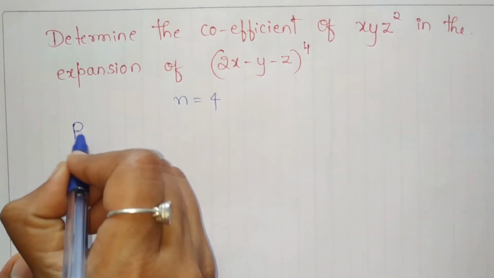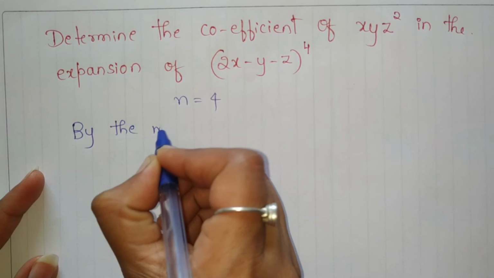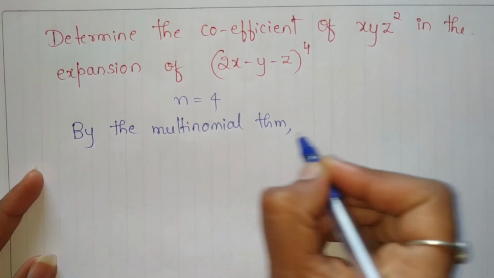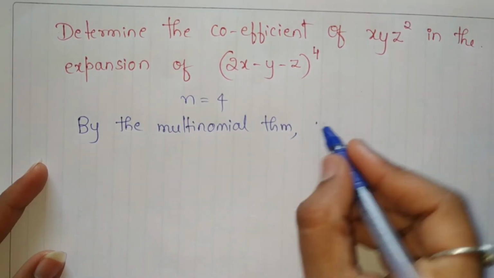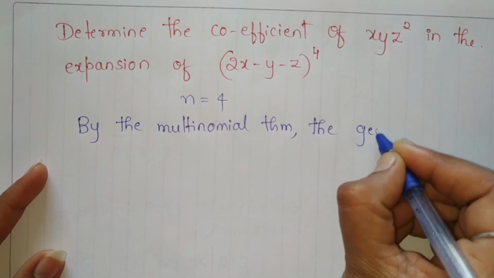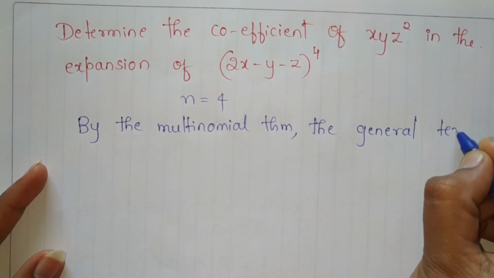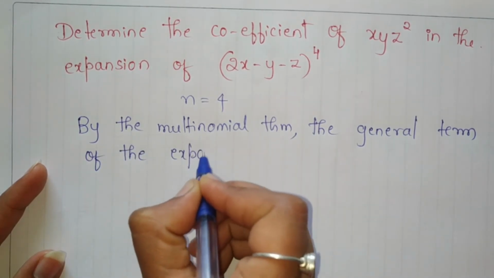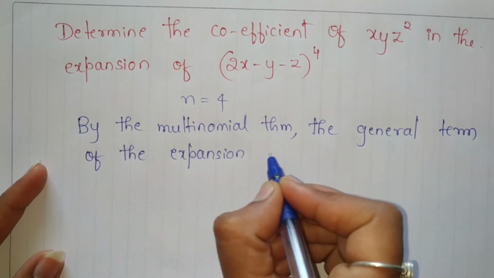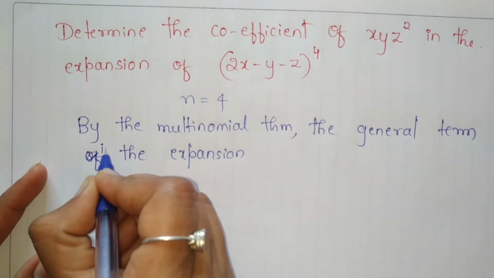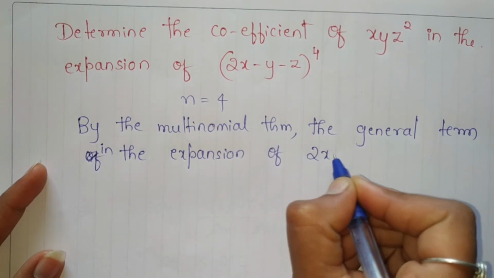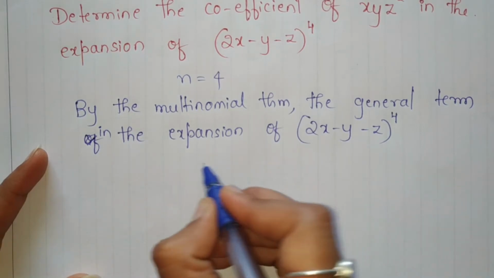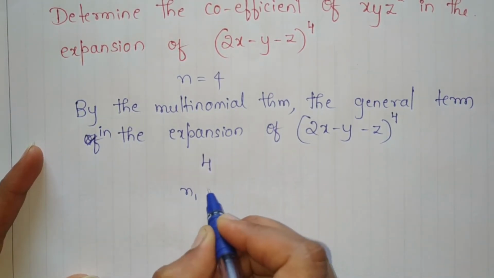So by the multinomial theorem, the general term of the expansion in the expansion of 2x minus y minus z whole raised to 4 can be given as 4 choose n1, n2,